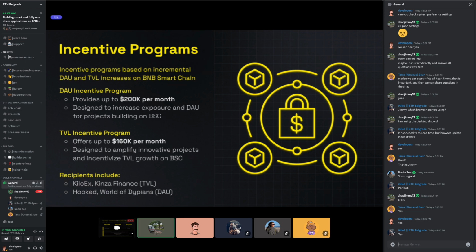The opBNB is our execution layer, which focuses on high performance execution and transactions, which is the DAU focus. The DAU and TVL programs have some recipients like KiloEx, Kinza, and Hooked World of DPNs. You can also find the detailed information on our website.